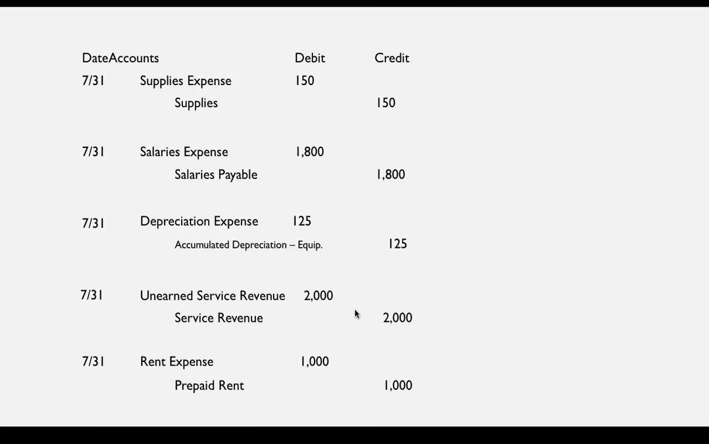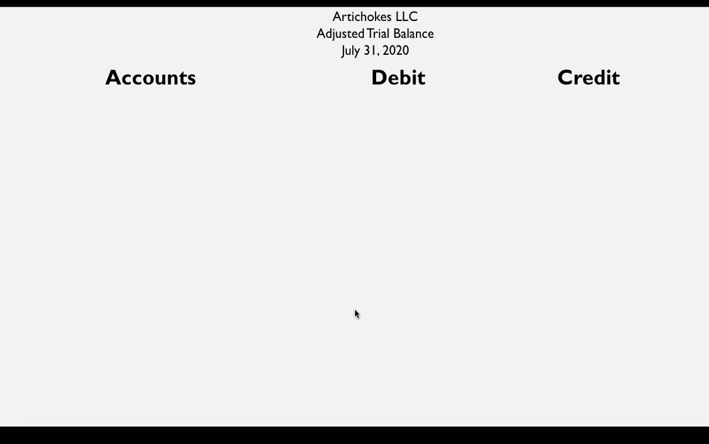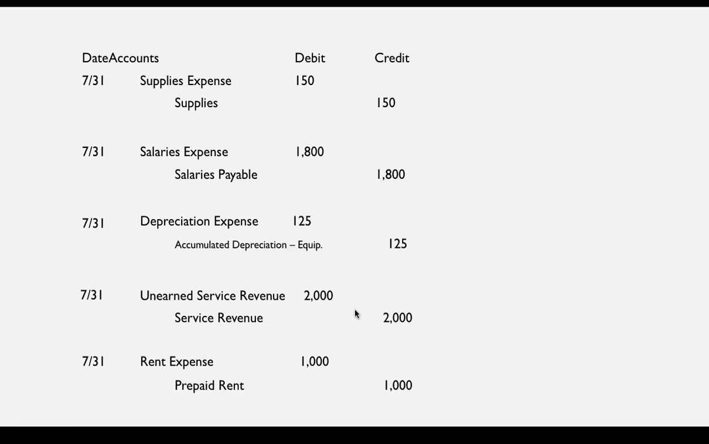So after you prepared all of those adjusting entries, you then have to post them, because the next step here is an adjusted trial balance. So what we would have to do is go back to those T accounts that we made for all of those original accounts